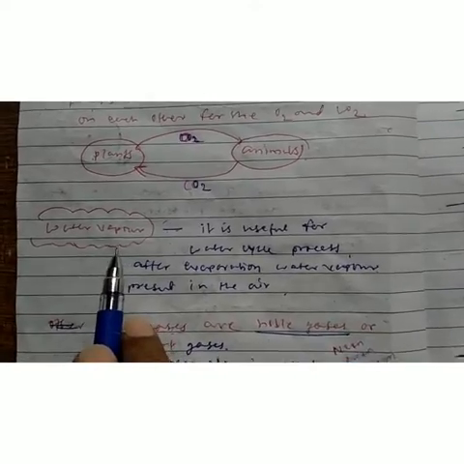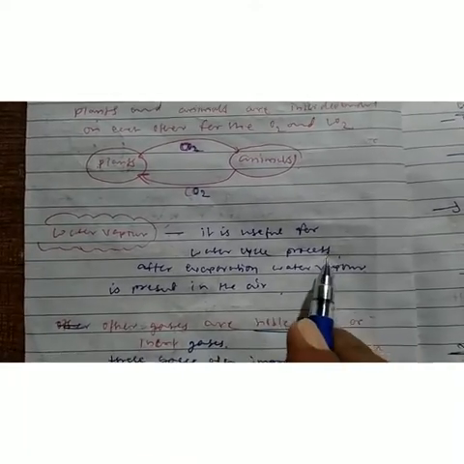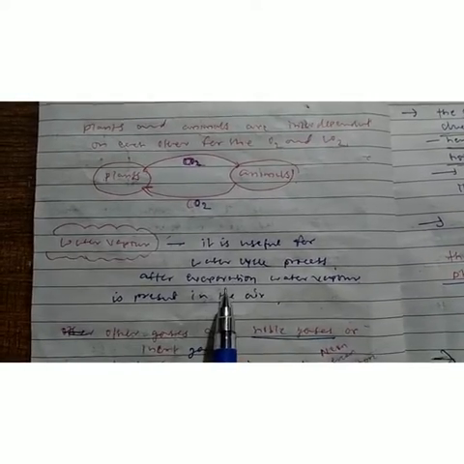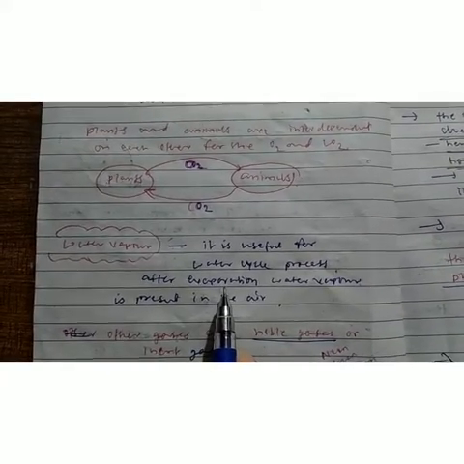Now next point, you see the water cycle, water vapor. Water vapor is also very, very important. In the air, water vapor is one of the components of the air. Somewhere we see there is more water vapor in the air, and somewhere water vapor is very less, because it depends on the situation and the climate. In the coastal area, if you go to the sea beaches, the air has high humidity, which means more water vapor is there.